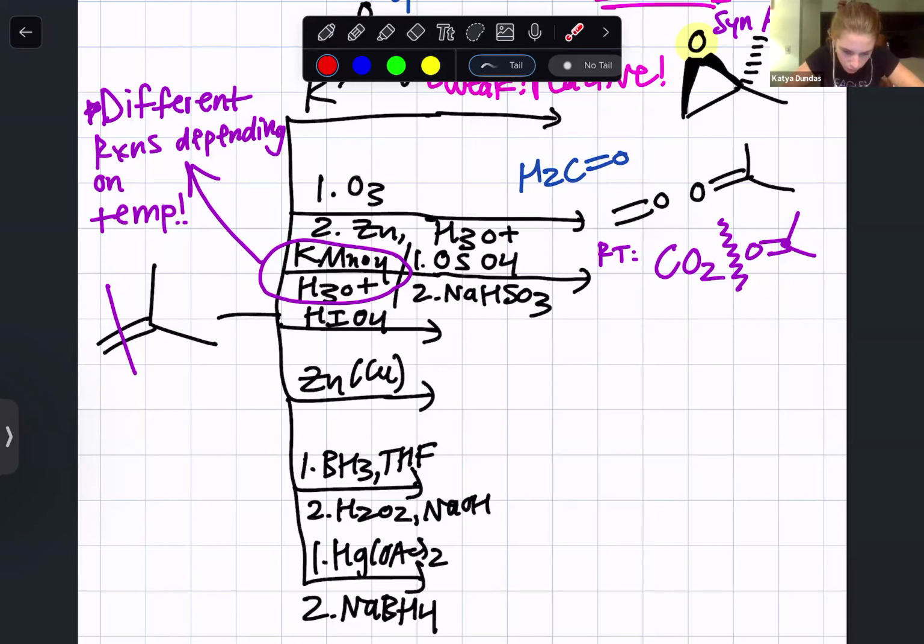Literally all he wrote for that one was HIO4. And did he start from the alkene or from a different reactant, like 2 alcohols? Isn't that just supposed to be with diols? That's what I was looking at in my notes. I have HIO4 cleaves diols. And then I put primary alkene with ozone forms formaldehyde or aldehyde. Well, duh, I know that. But